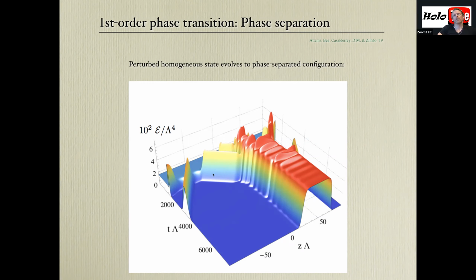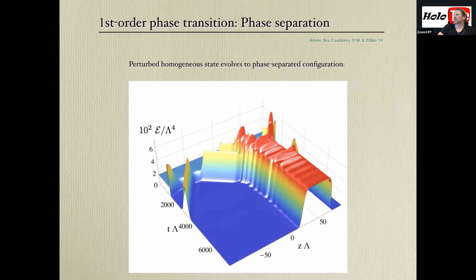So this is the gauge theory observable, but this you obtain by evolving Einstein's equations from here to here in the bulk. So you start with a homogeneous horizon that you perturb. This splits into one high energy horizon and one low energy horizon. And then if you compute the surface gravity, you see that it's constant all along the horizon from here to here to here, despite the fact that the energy density is changing.